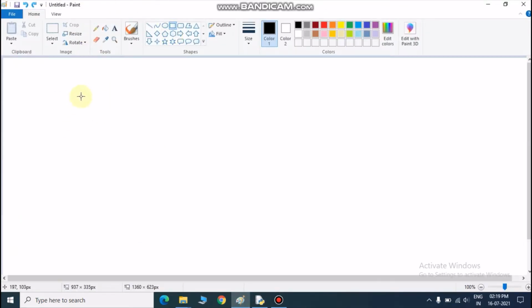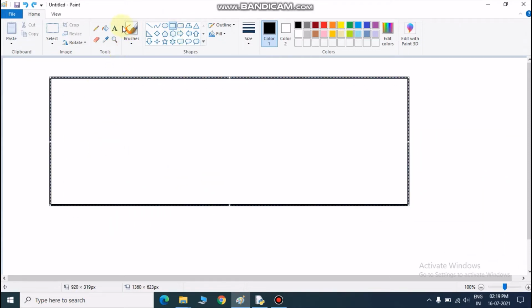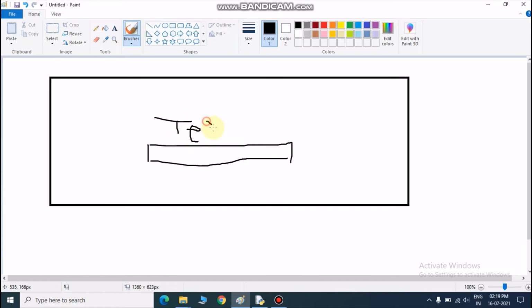So I want to have a frame like this in which there must be a text field where I will type. I will use the brush. So I want a text field where I will type, and above the text field I want the text which needs to be typed, and above that I want a button showing start typing, basically when we want to start our test. And here I want a button named check.